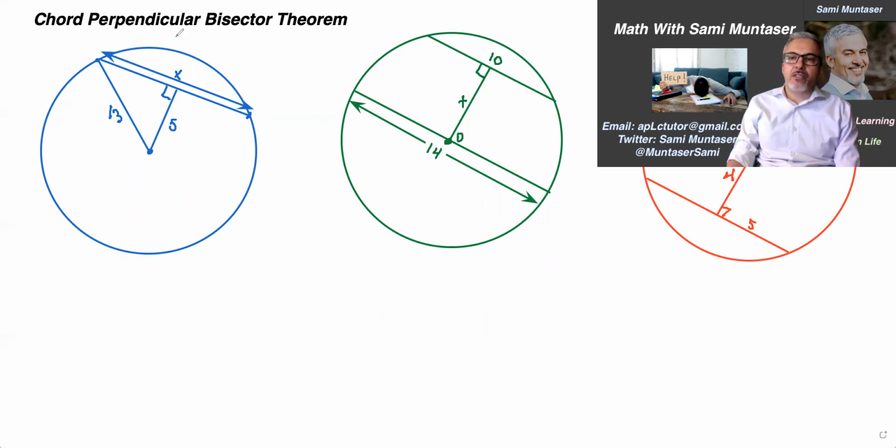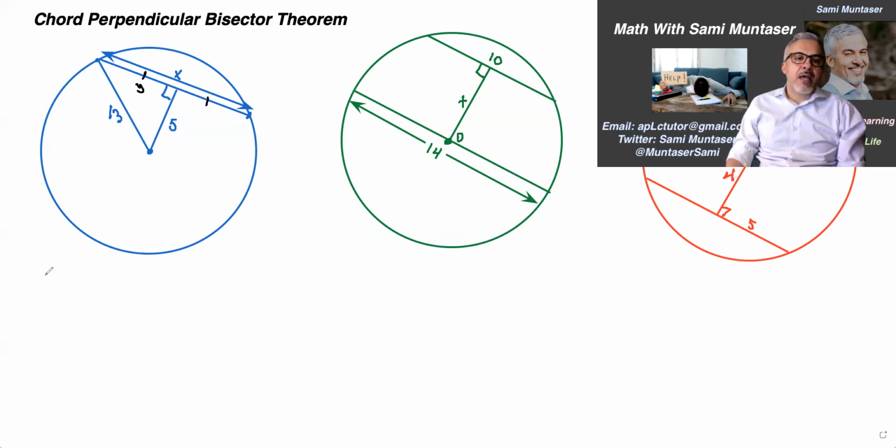Now, we have 3 questions that we are going to solve. For the first one here, they need me to find x. And I have this triangle right here. And I know since this is the perpendicular bisector, then this part and this part are equal. And because this triangle has a 90 degree angle, this part right here, I could find it. So if I call this part, let's say